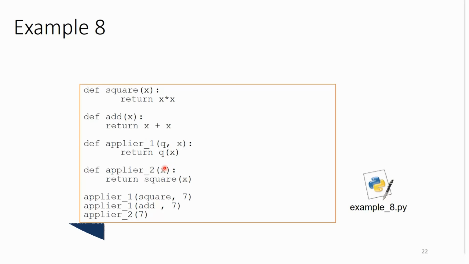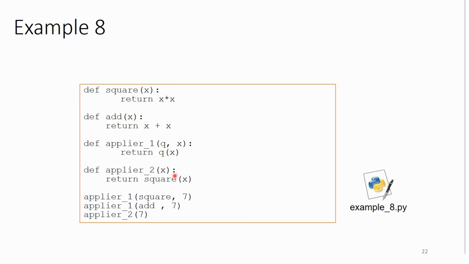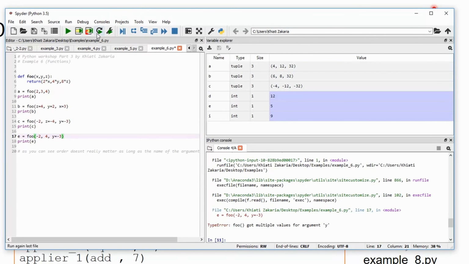So here we're just giving one single input, and we're using another function that was defined before to return x. So basically this function is doing nothing, it's just calling another function. And that's fine, we could do whatever we want, even though it's sometimes not efficient, but it's still okay to do it. So here's, let me open